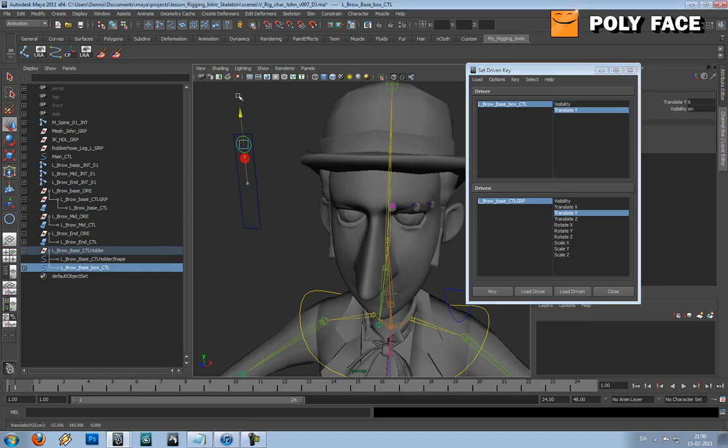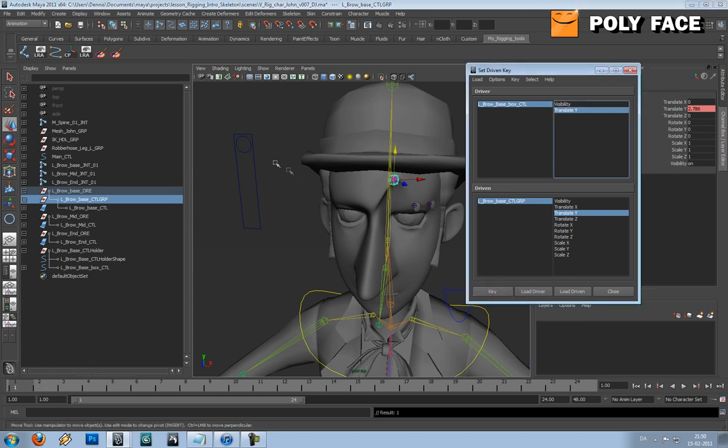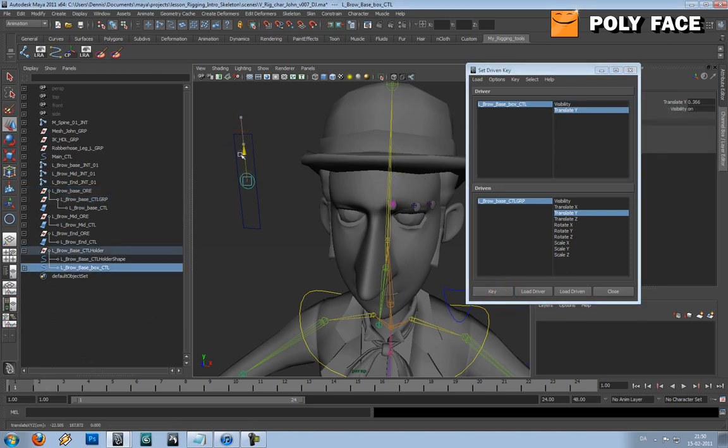So I'm just gonna move it up now, and I'm gonna select the group. I'm not gonna select the controller. I'm gonna select the group, and I'm gonna drag it up as far as I can, because it's good to make it over exaggerated. When the animator is animating, he or she can just find out how exaggerated it should actually be. And then I'm gonna set a key, and you can see it goes up, but I also want